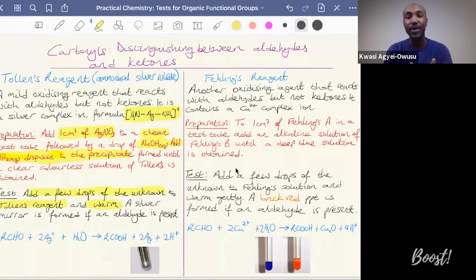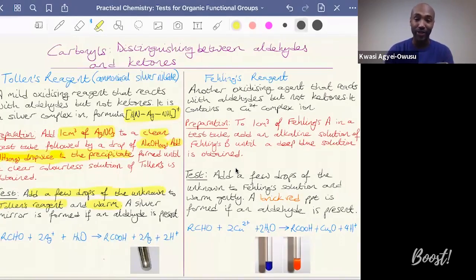And here's why it's critical to have a very clean test tube, because without a very clean test tube, you don't get the very beautiful sort of silver coating. What you get is amorphous silver. You get a grey sludge in your test tube, which is also evidence of the presence of an aldehyde, but it's not as pretty as having a nice silver coating on the inside of your test tube. So make sure you're using a very clean test tube when you carry out the test for an aldehyde,